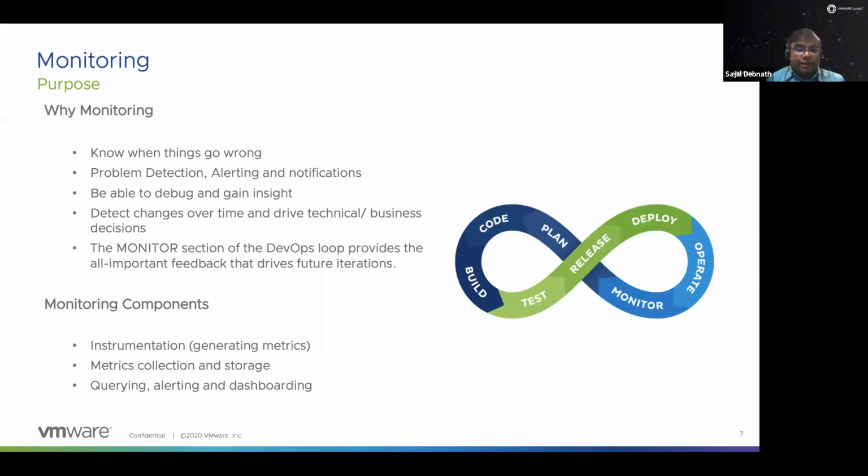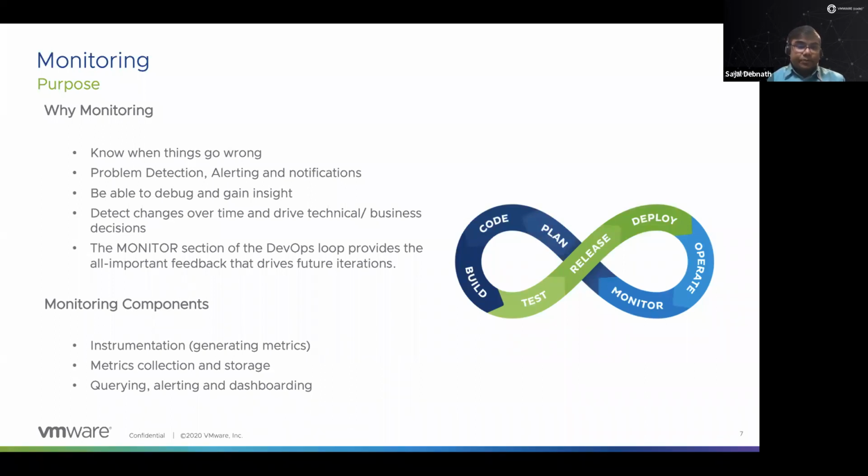We create or develop an environment, and then we continuously monitor that environment to get that feedback, to do problem detection before it happens. Ideally, we would like to know about a problem before it actually happens in that environment. That's why there is a shift from reactive to proactive, and that stress on monitoring any environment. This is much more important for the DevOps or agile development environment, where you continuously want